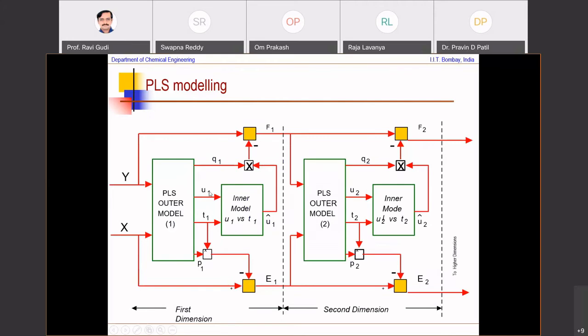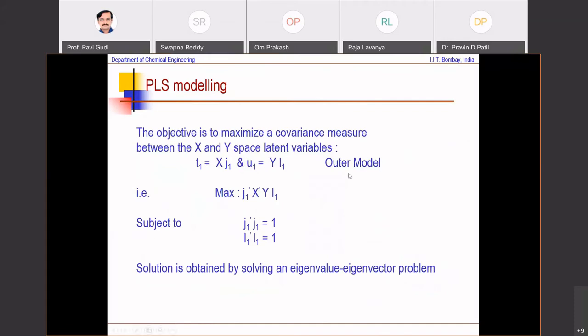Now this U1 and T1, what I do is I regress them, because what is my ultimate objective? My ultimate objective is to build a relationship between Y and X, and Y and X are collinear. But the U1s and T1s are orthonormal. So I can build a very reliable regression between U1 and T1. But remember, it's only a partial relationship. Why is it a partial relationship? Because I'm just using one linear combination. I can use a second linear combination, third linear combination, till I effectively use all the variation of X to explain all the variation in Y.